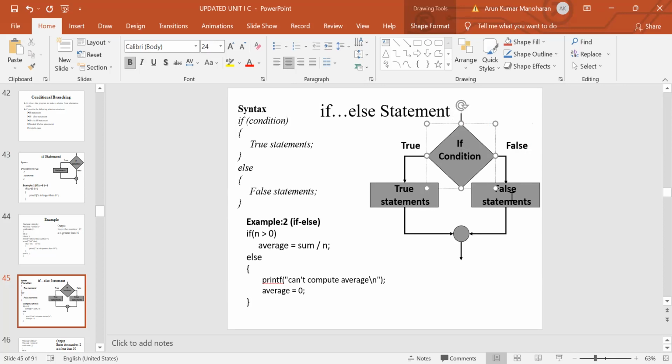Okay, so based on the test condition, we will evaluate the